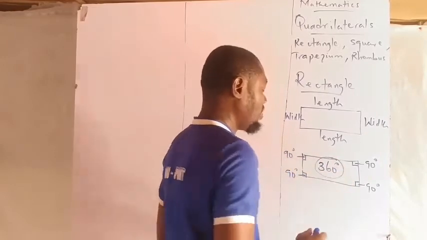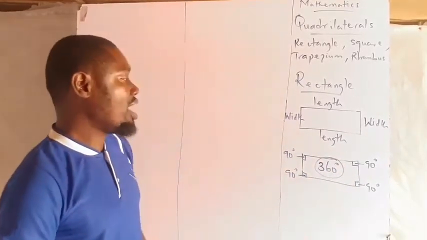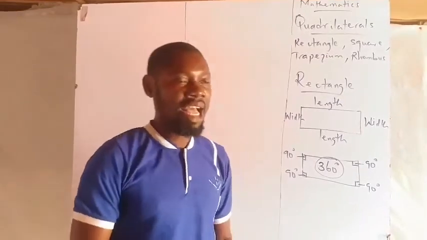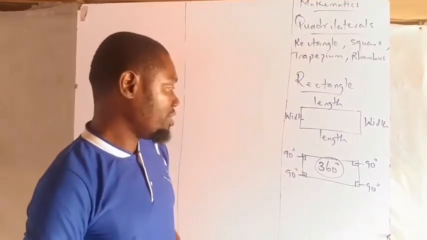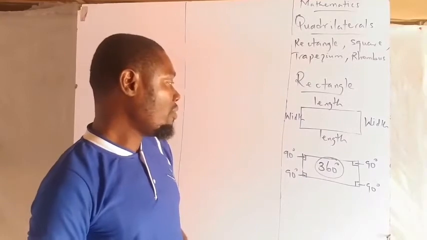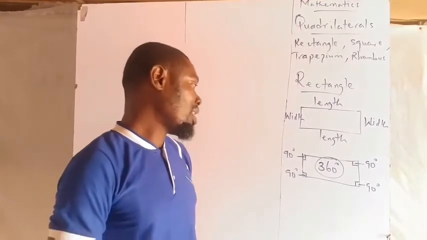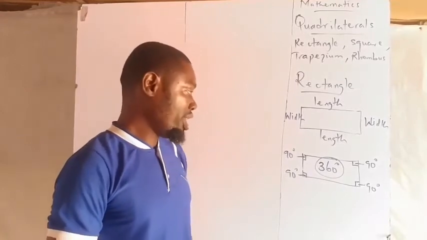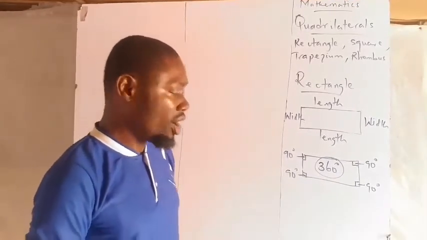So the sum of the interior angles in a rectangle is 360 degrees. The sum of interior angles for a rectangle is 360 degrees. Now, the rectangle also has